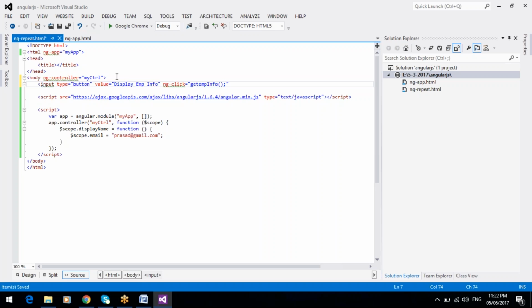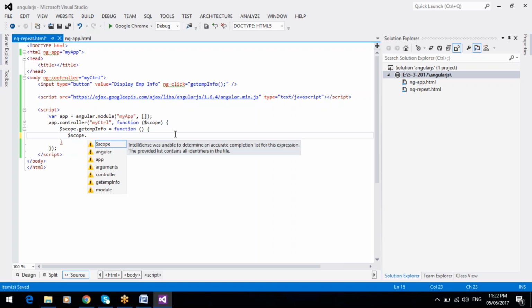This is the function, the scope function. This function is executed here. Scope dot